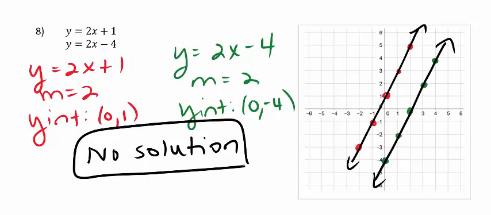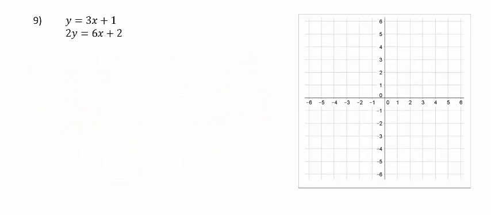Another way you can tell the lines are going to be parallel is by looking at their slopes. Both of these have a slope of 2. If the slopes are equal to one another and their y-intercepts are different from one another, you're always going to have parallel lines, which will give you no solution. Go ahead in number 9, graph these two equations on the same coordinate plane, and then come back and check